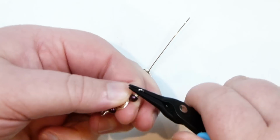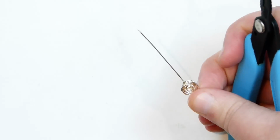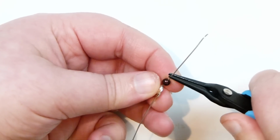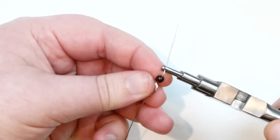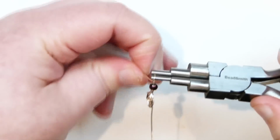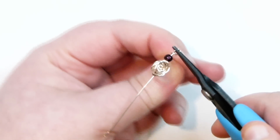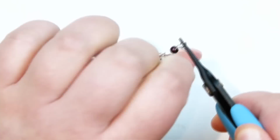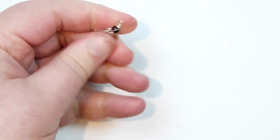But I just prefer to try and get them the right direction from the beginning. But then I'm just going to make the one first, so I start adding my bead, bend it to the side first, because that's the rhythm I have. I start with that one, then get my bail making pliers, grab hold of the loop and wrap the tail around, filling in that space like that. Cut off the excess,